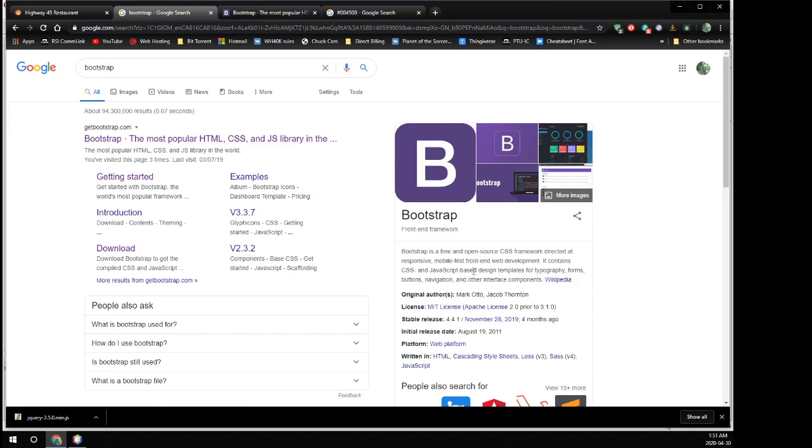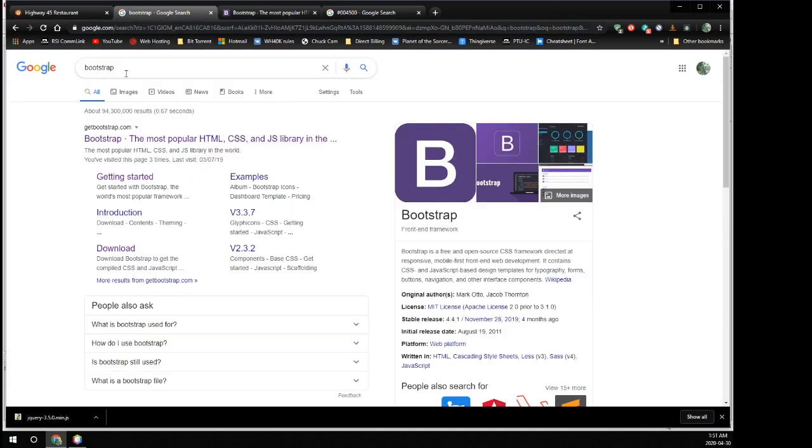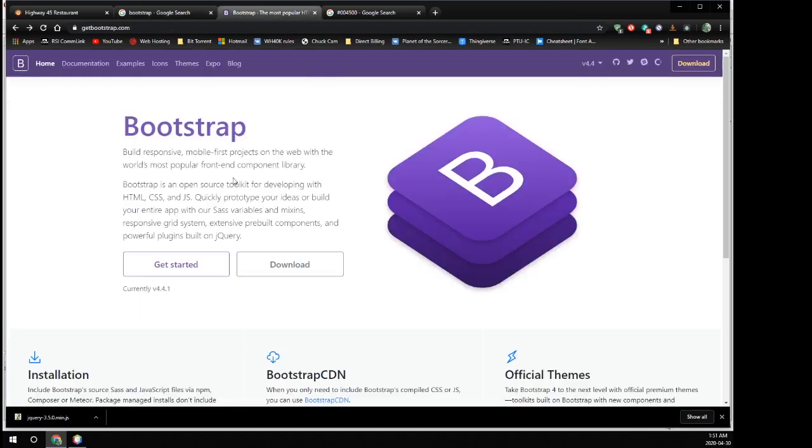This was actually developed for Twitter. And a lot of different really mainstream websites use it. So going to Bootstrap, it's getbootstrap.com. If you go to just bootstrap.com, that is a completely different site, has nothing to do with this. Getbootstrap.com is the site, and you will get that just searching for Bootstrap. You see it's the top thing there. Okay, so at getbootstrap,